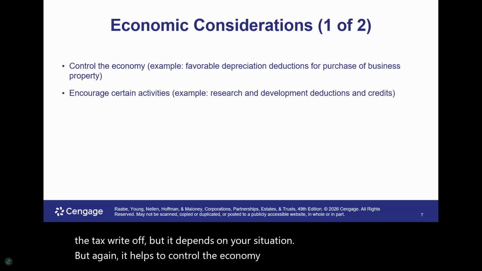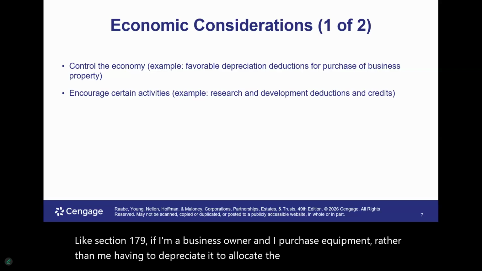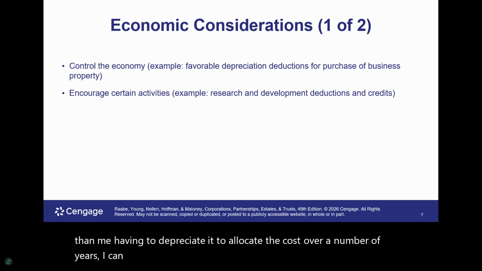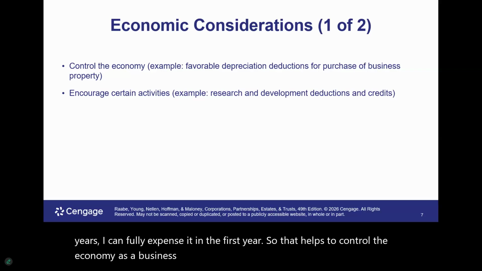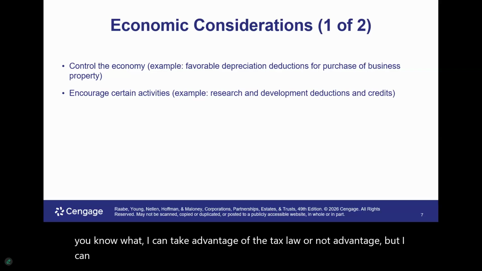An example of that would be Section 179. If I'm a business owner and I purchase equipment, rather than having to depreciate it to allocate the cost over a number of years, I can fully expense it in the first year. So that helps to control the economy. As a business owner, now I'll be forward thinking and say, hey, I can take advantage of the tax law, or not advantage, but I can utilize the tax law to my